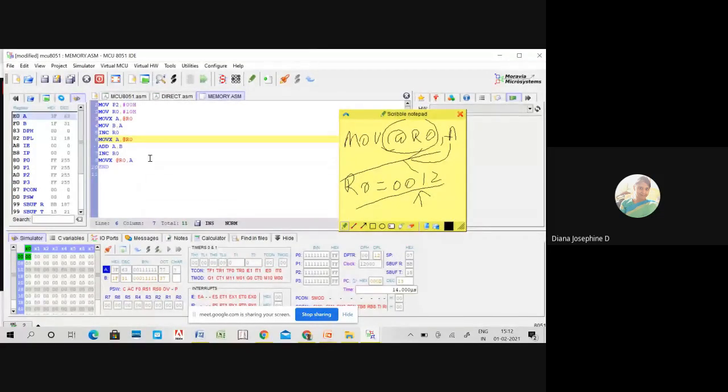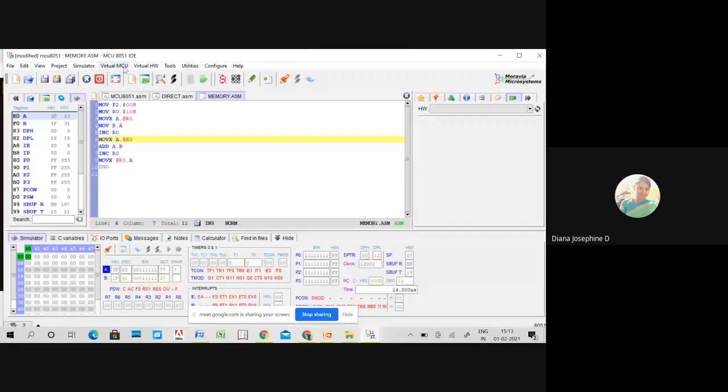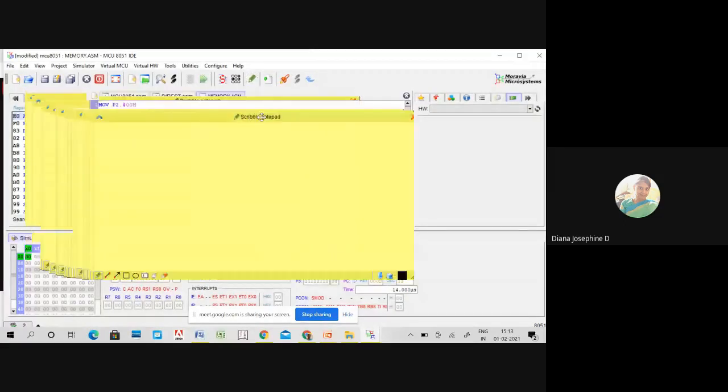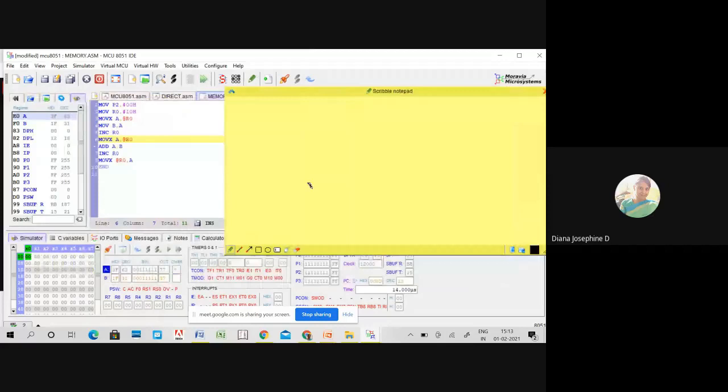Everything depends on how you move the data and how you do the operation. Next one,